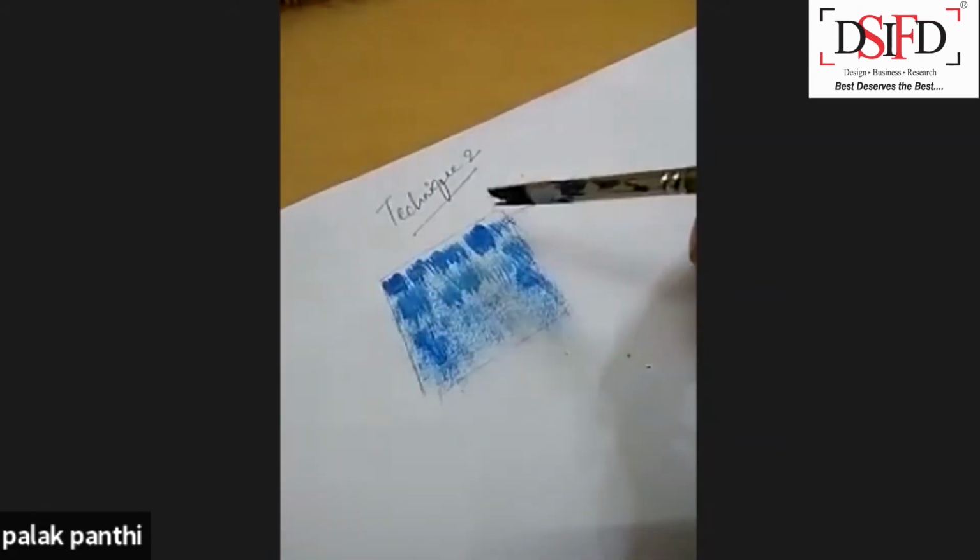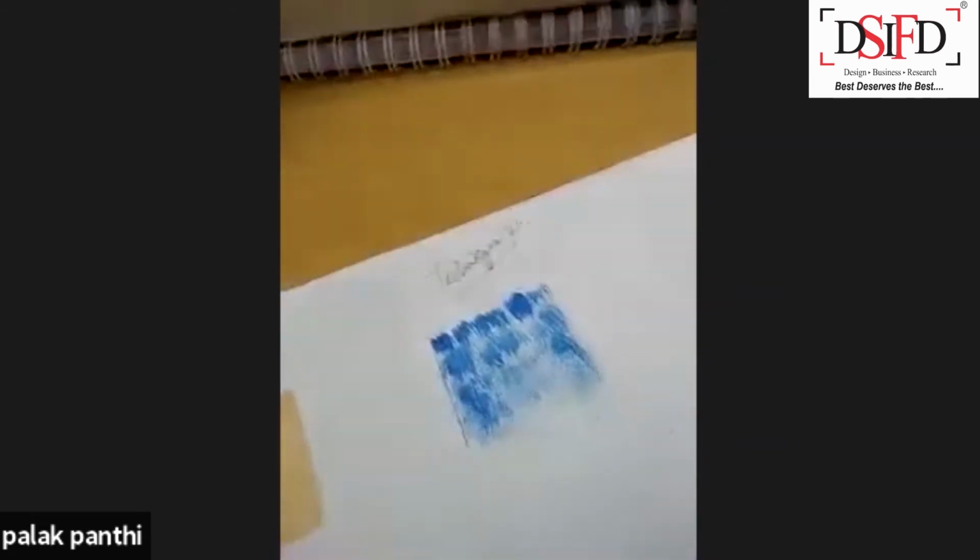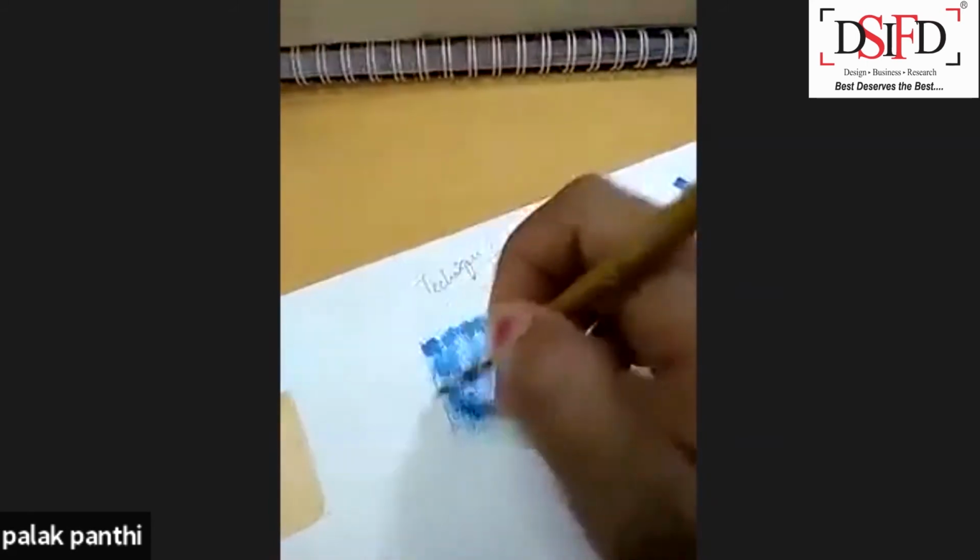And whenever you're drawing something of fur, you don't have to be confined in that particular area, because fur moves out of the silhouette. You see some strands outside the silhouette.